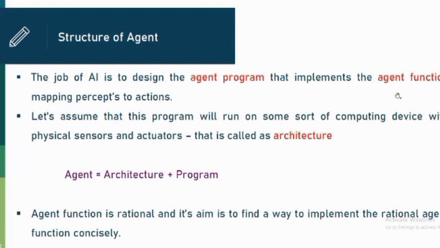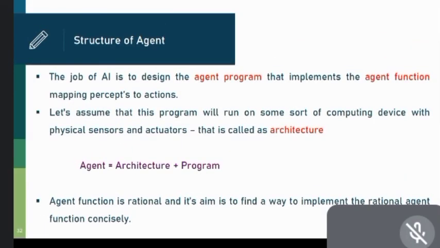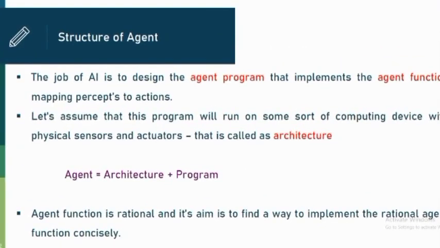The agent function is rational, and the aim is to find a way to implement the rational agent function concisely. Every agent will have some type of function. So we can say that the agent function is rational. And we need to find the best way to perform the